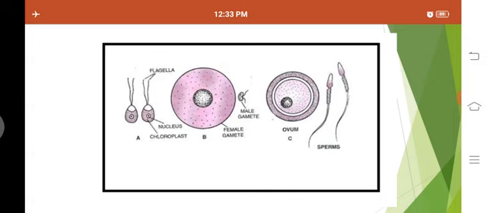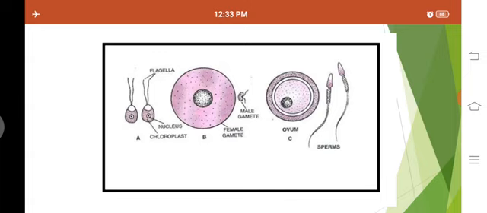The C diagram, the third diagram, you can also see. This circular structure you are observing is the ovum, and the sperms you can see here are long, elongated structures, while the ovum is a spherical structure. Morphologically, are they the same or different? They are different here. Understood? Therefore, these are called heterogametes.